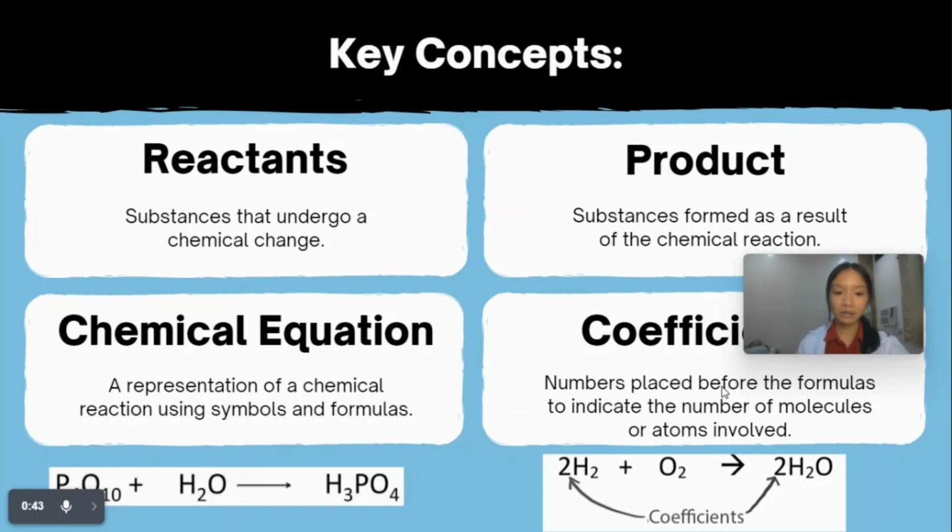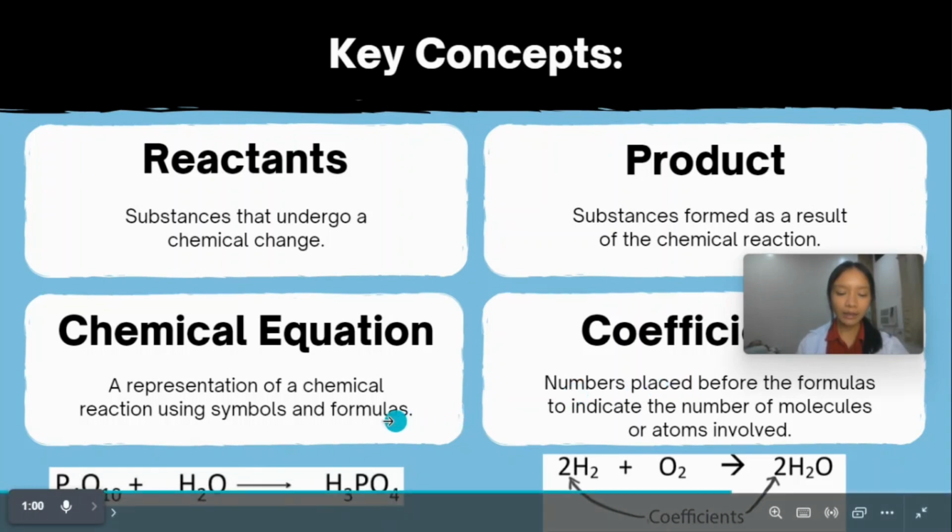In a chemical reaction, reactants are the initial substances that undergo a chemical change. They are typically listed on the left-hand side of the chemical equation and are separated by a plus sign. For example, in the chemical equation for the reaction between phosphorus pentoxide and water, here, phosphorus pentoxide and water are